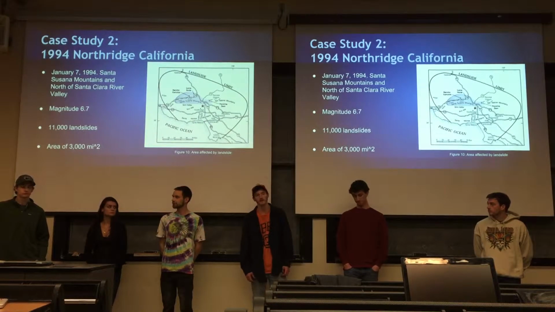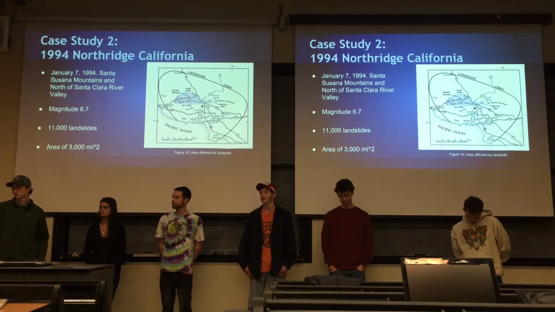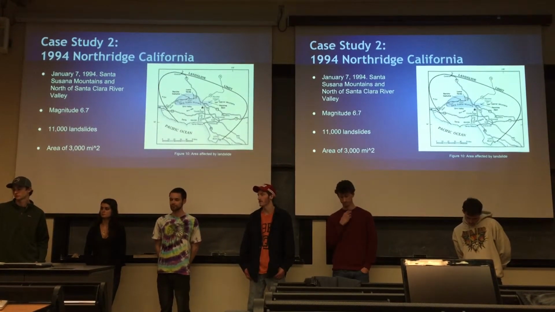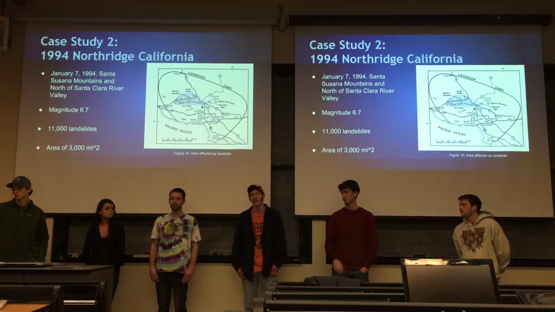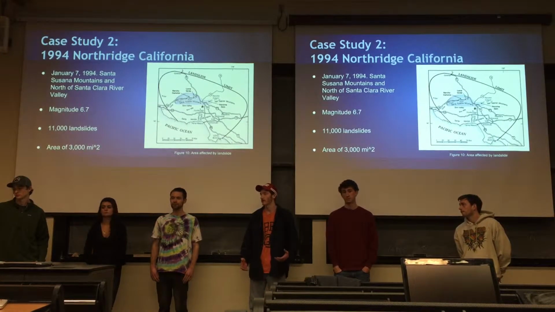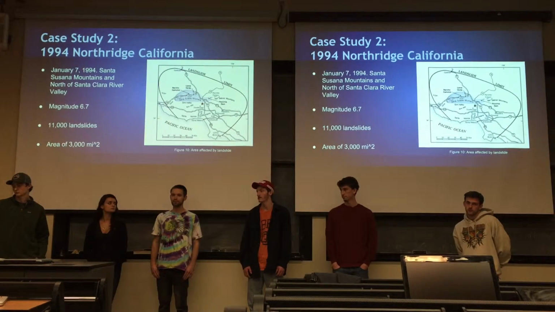So for my case study, I did the 1994 Northridge, California earthquake. It was an earthquake of magnitude 6.7 on the Richter scale. It affected the Santa Susana Mountains and north of the Santa Clara River Valley. This is kind of a unique example because it's an earthquake that caused over 11,000 individual landslides over an area